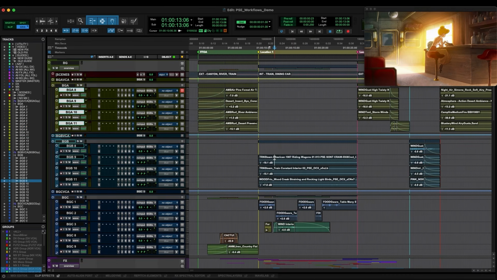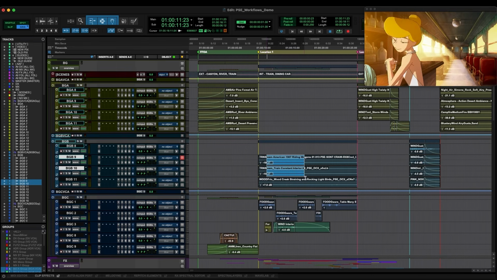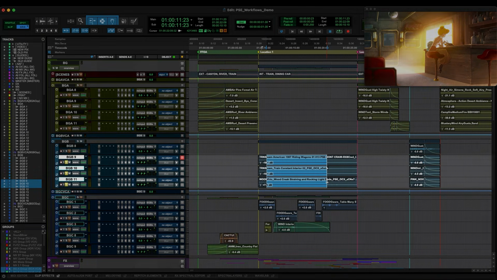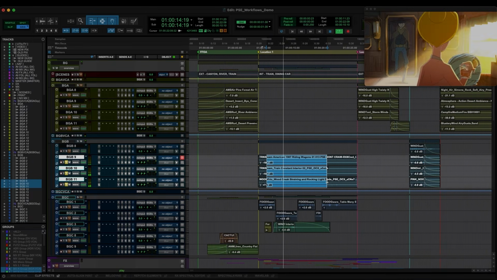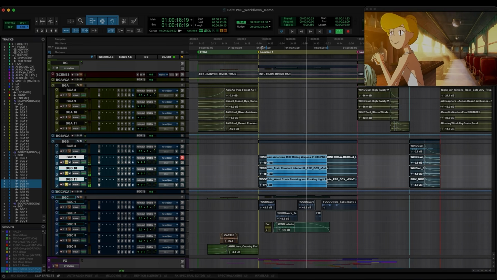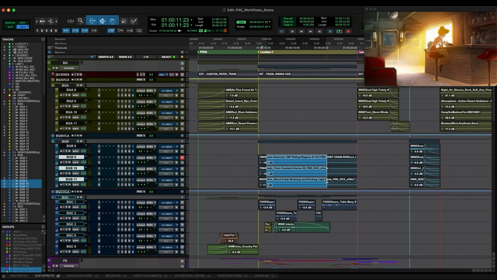When we come into the interior of the train here, you'll just hear some rattling sounds, nothing specific to the train engine or the steam kind of sounds of the train. So we'll check out the train predub in a bit, but this way everything's separated